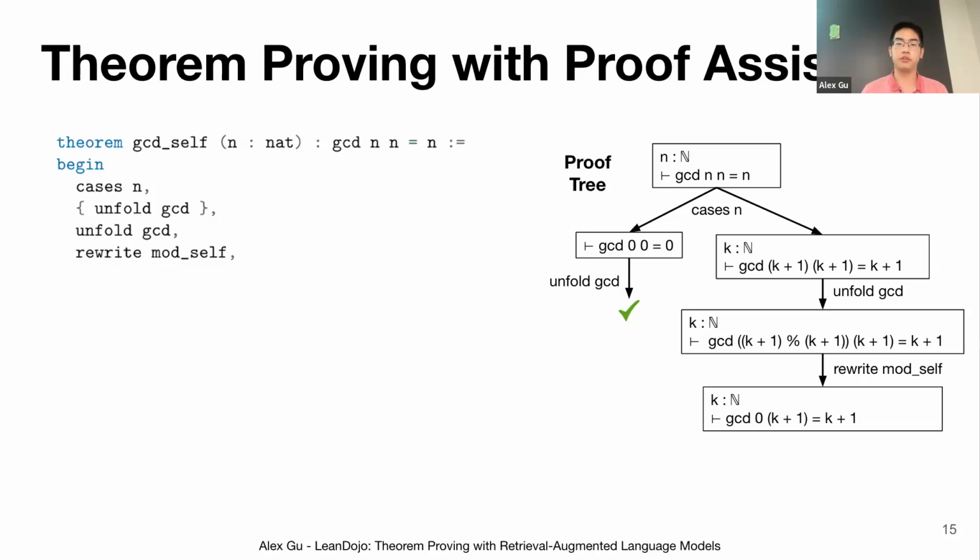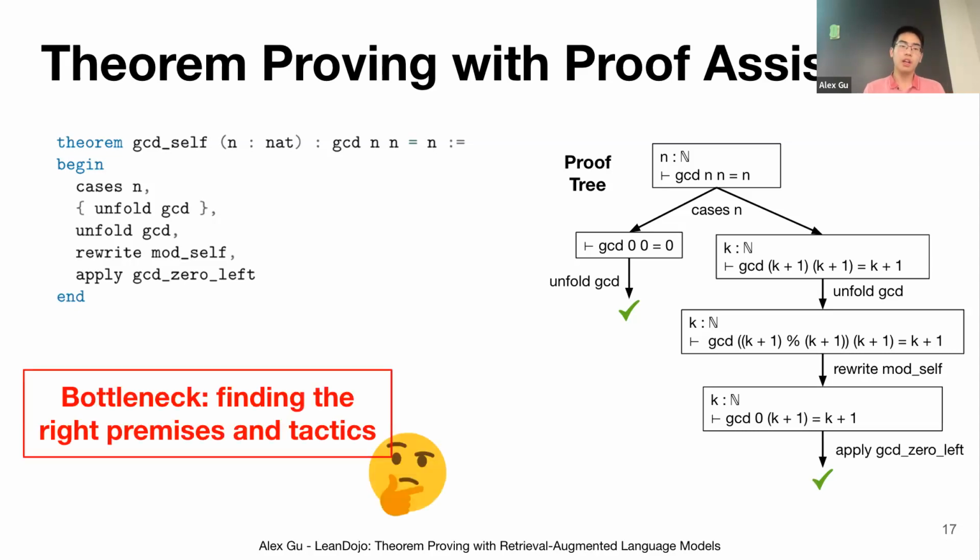You can see how the proof state transforms here. And finally, to conclude the proof, we apply a theorem that's called GCD 0 left, which says that the GCD of 0 and any natural number is itself. This concludes the proof. So as you can imagine, the bottleneck in this process is for humans to come up